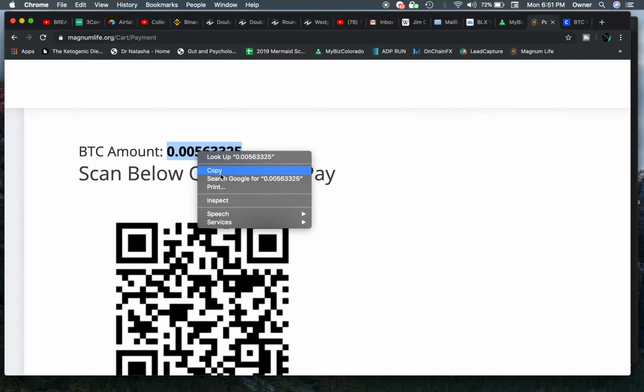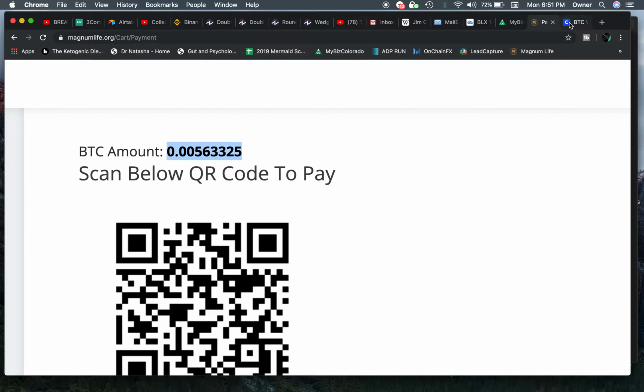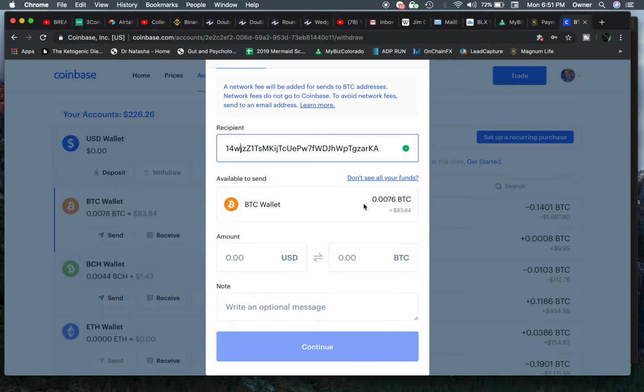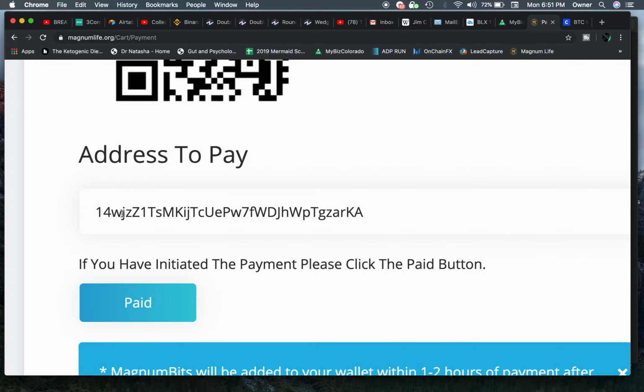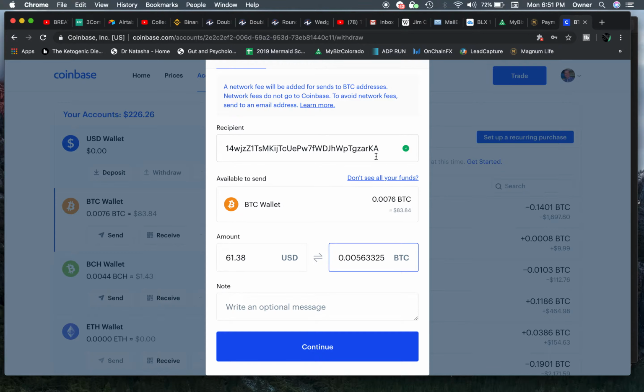There we go. Copy. We'll switch these here. And I'll paste this. Okay, so now you can see I pasted the amount of Bitcoin. So let me just double check that. 0.00563325. So that's correct. I double checked the address, 14W first three, RKA last three, 14W RKA. So I double checked both the amount and the address, and I copied and pasted both of these